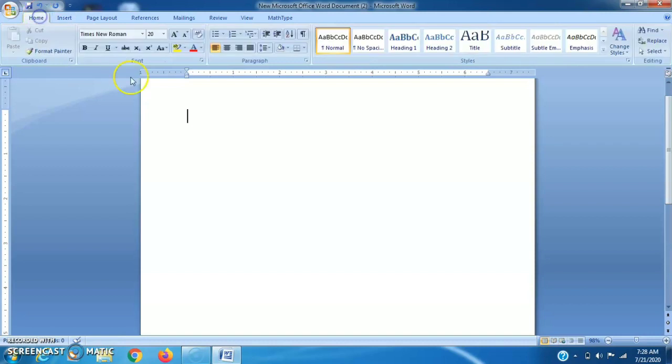Suppose I write an equation, basically a question, question 1: find the rank of the matrix.